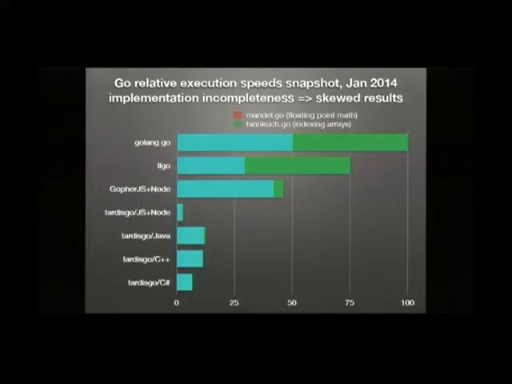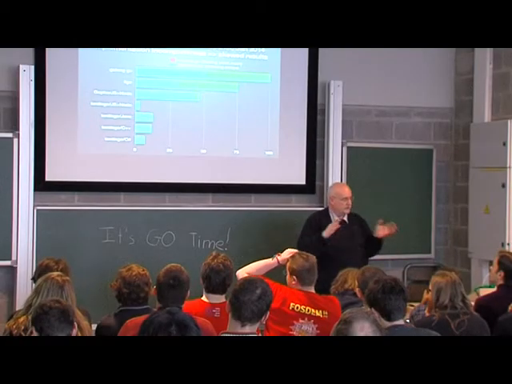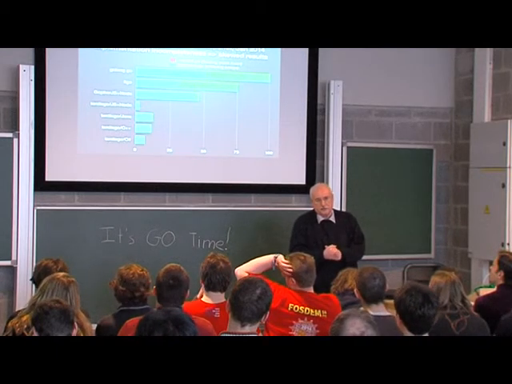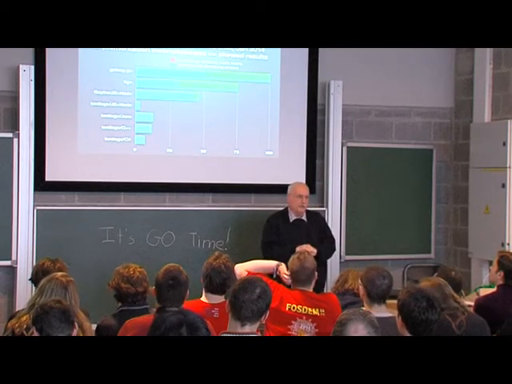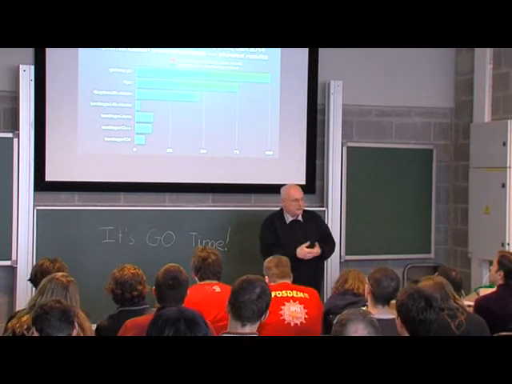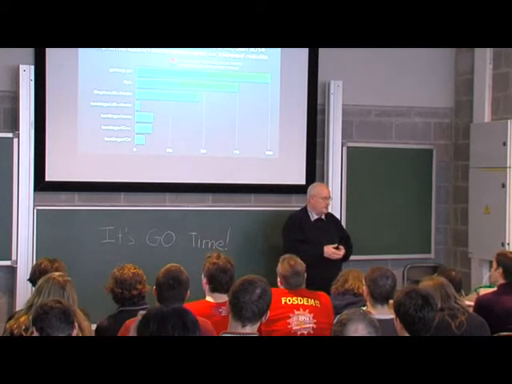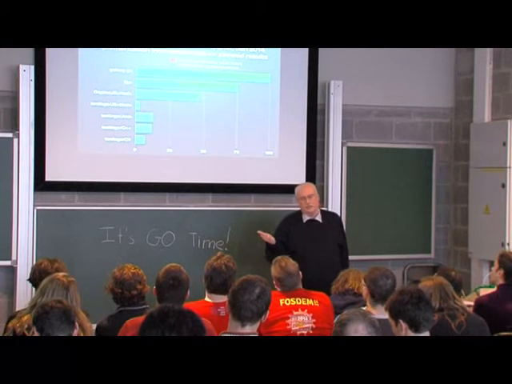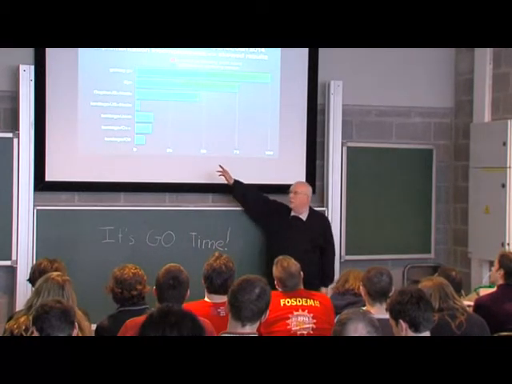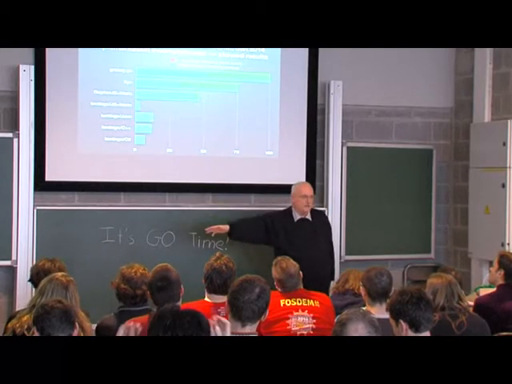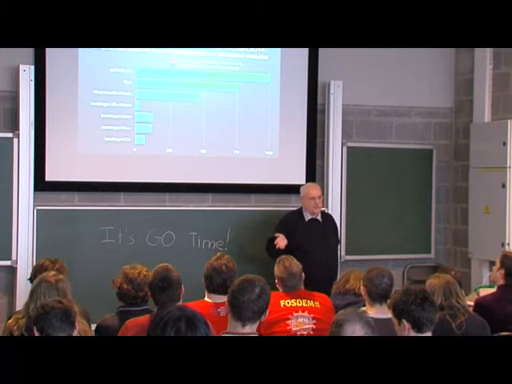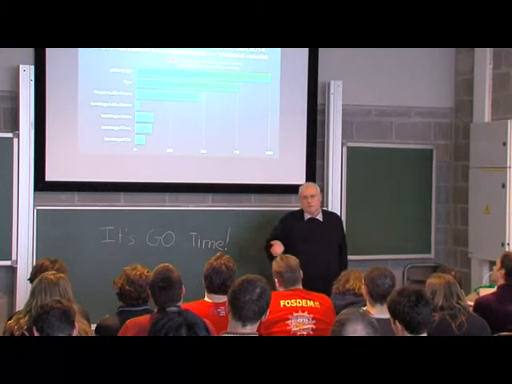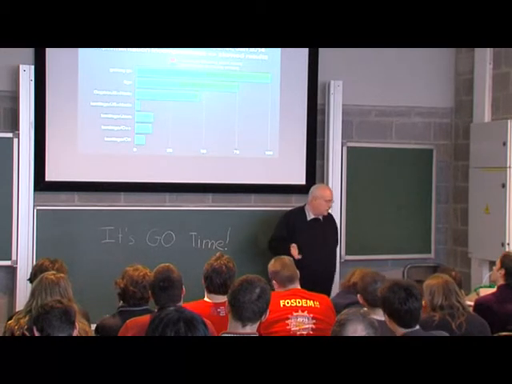Now, as it says in the title, it's important to realize that these results are skewed because they're all works in progress. So, for example, the LLGo compiler doesn't do range checking at the moment, so it performs a little bit better because it isn't doing range checking. However, in the way I compiled it, I didn't use all of the LLVM optimizations. And I've seen figures that suggest if you do use all the LLVM optimizations, it actually runs faster than native Go. So I think it's one to look out for.